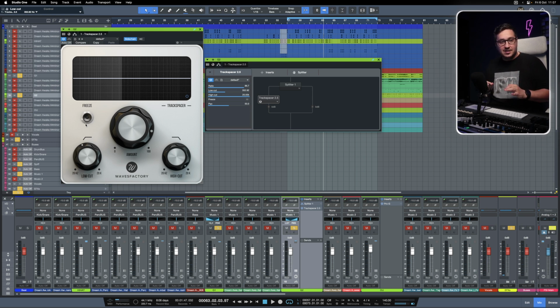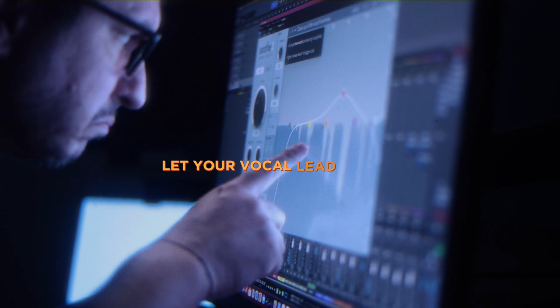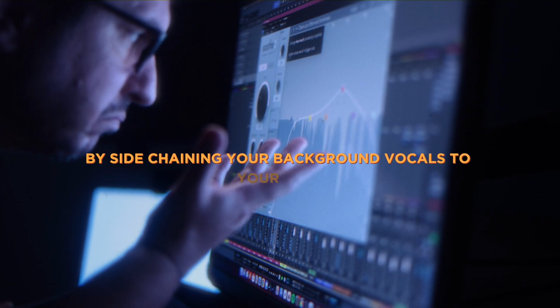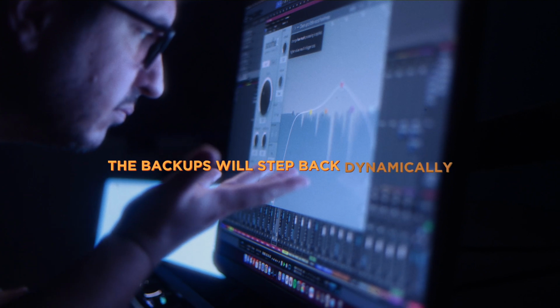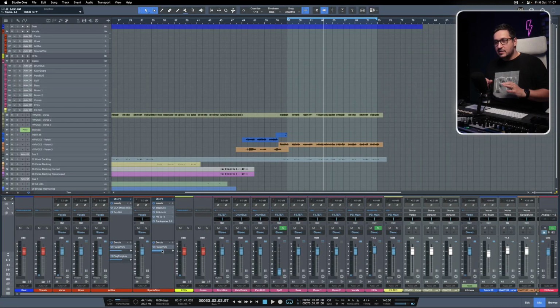This is a secret technique of mine. Let your vocal lead shine. By sidechaining your background vocals to your lead, the backups will step back dynamically, letting the lead vocal remain the star of the show. On every single track that I mix, I want to ensure that the lead vocal is on top, no matter how many background vocals are playing.